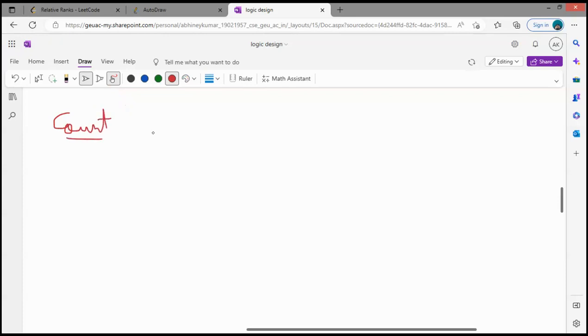Counting sort. So what happens? Let's say I'm given an array: 10, 9, 2, 5, 1, 3. For this, we create a vector of size 10. Why size 10? Because that's the maximum number present in this array. So we create a vector of size 10,